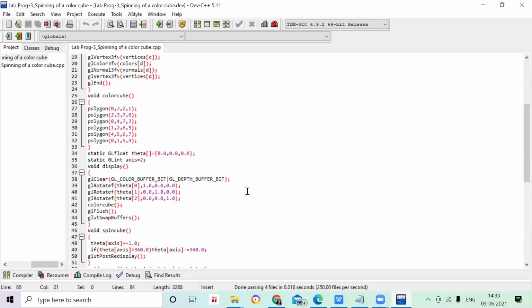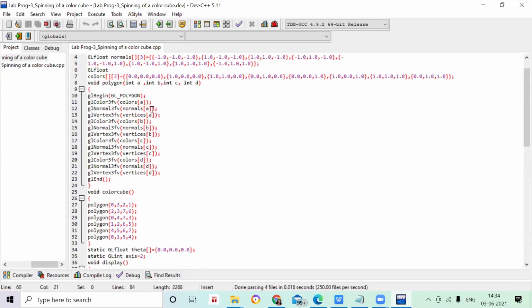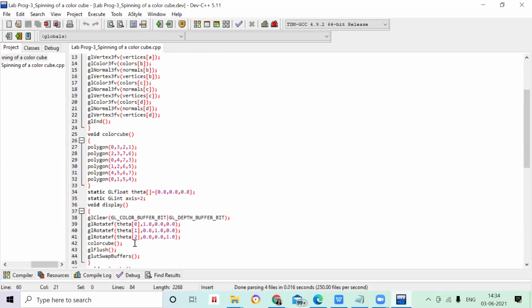Suppose you want to rotate your current vertex point. If you want to give a color to whatever vertex of the x-axis is rotating now, then you have to use color3b, as I have used here. You use it for those vertex points, so that whenever each axis rotates, it takes that vertex point and the color gets changed. So that is the reason we are using color, just to change the current vertex colors. That is the meaning of that.